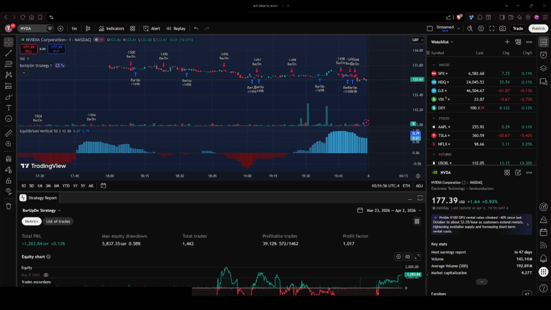Welcome to this tutorial on how to hide indicator names in TradingView. In this video, we will walk you through the simple steps to customize your chart and create a clean visual workspace. Whether you are a beginner or an experienced trader, this feature can help you maintain a more organized and